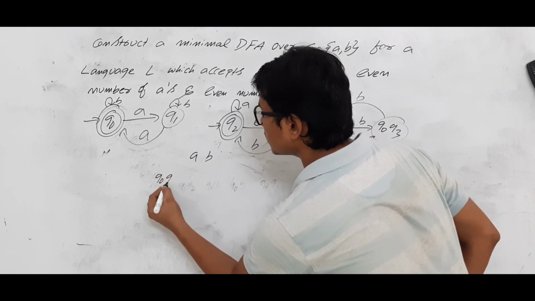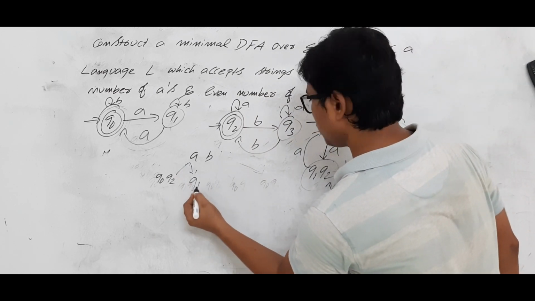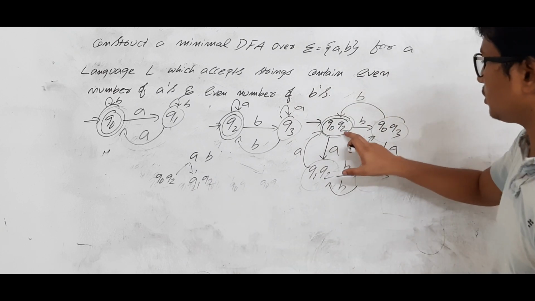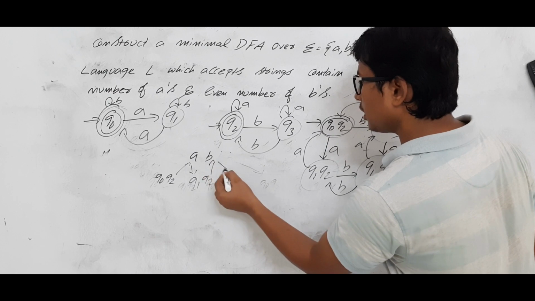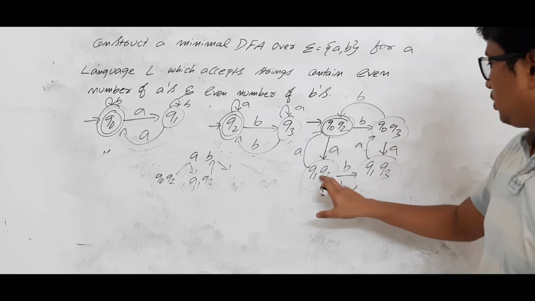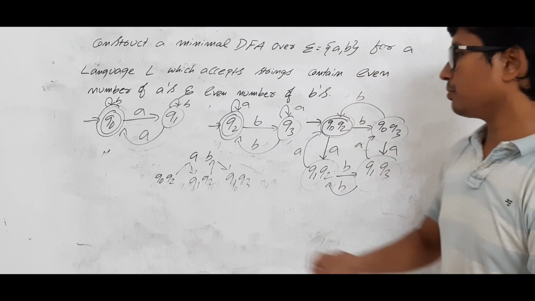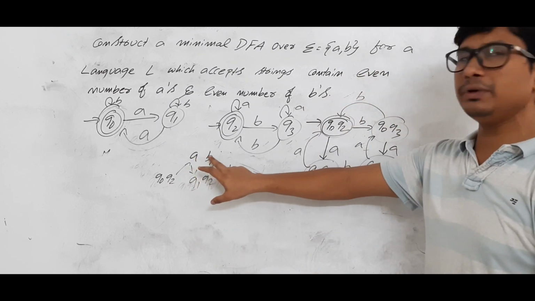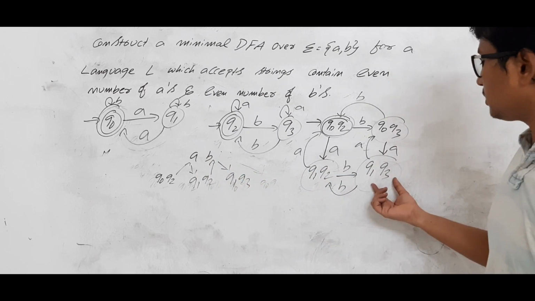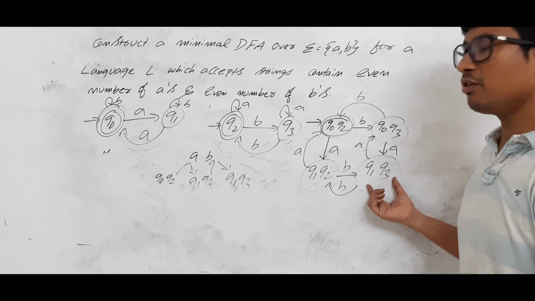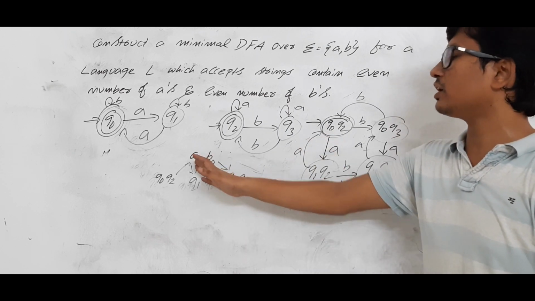Okay, let me see whether it is accepting or not. I am in the initial state Q0, Q2. On A, where will I go? I will go to Q1, Q2. Q1, Q2 on B, where am I going? I am going to the state Q1, Q3. Now, from the initial state, by taking AB as input, I have reached the state Q1, Q3. Is Q1, Q3 a final state? No, it is a non-final state. If you reach a non-final state, what can I say? This DFA is not accepting the string.